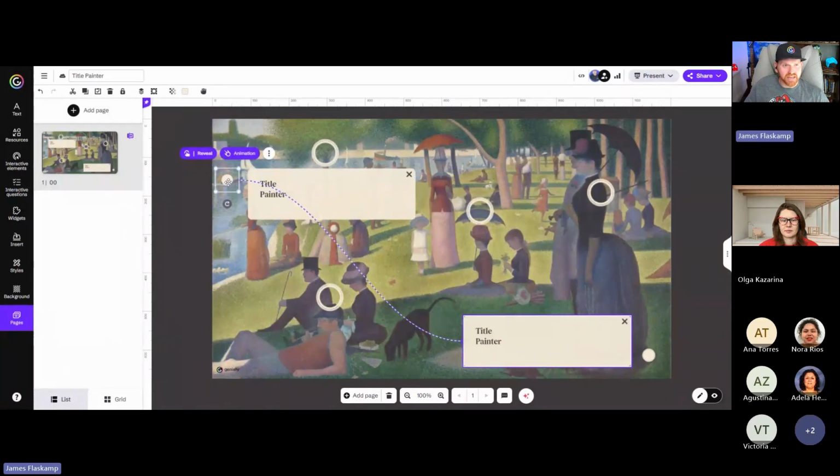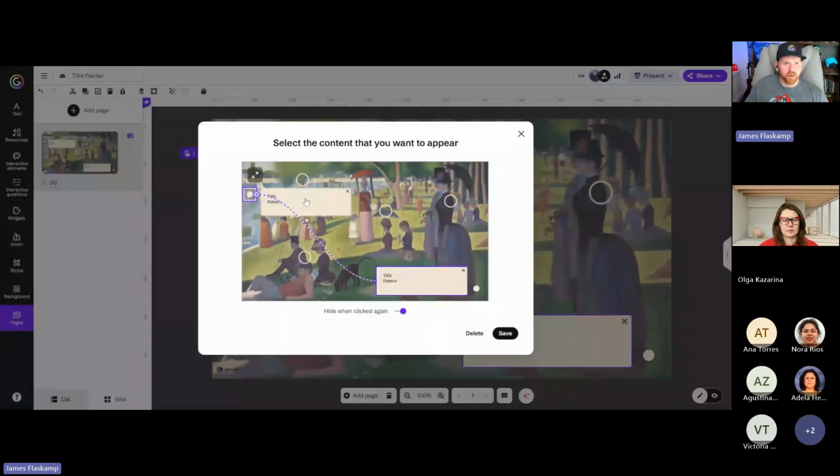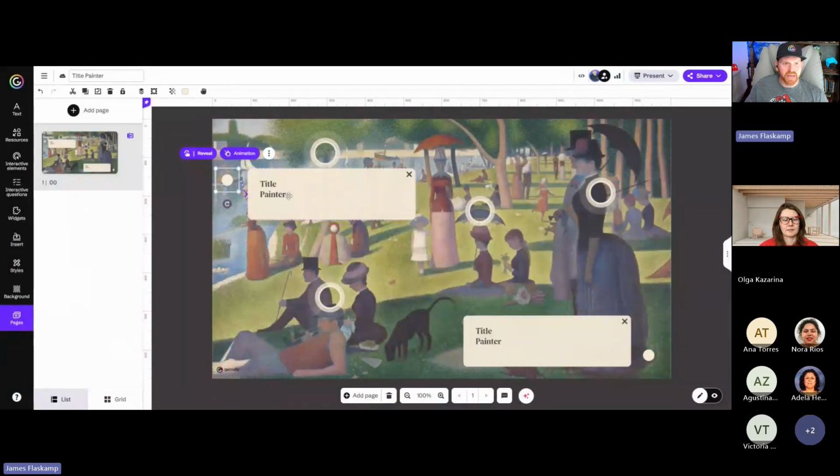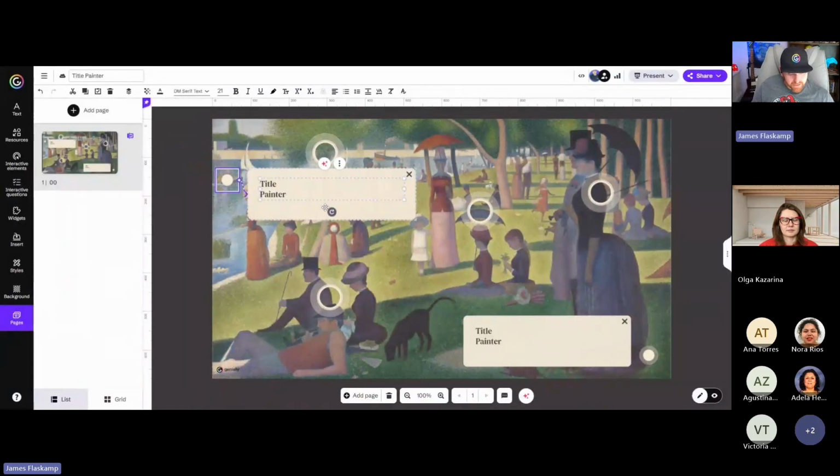And you notice that as I'm moving the hotspot, you can see it's set up as a reveal interactivity, but it's still revealing this guy down here. We don't want it to do that. We want it to reveal this one. So we'll go into our reveal menu and we'll just simply click on that. And that's all we have to do. And now it's set up to reveal that. Super easy, right? And then I just copied and pasted the information from the website.